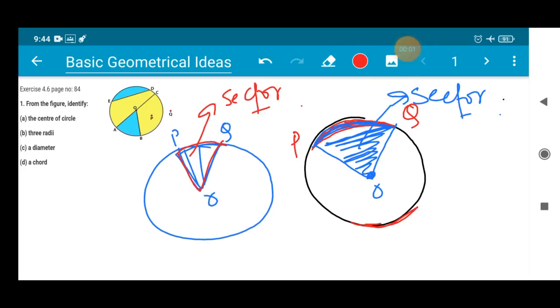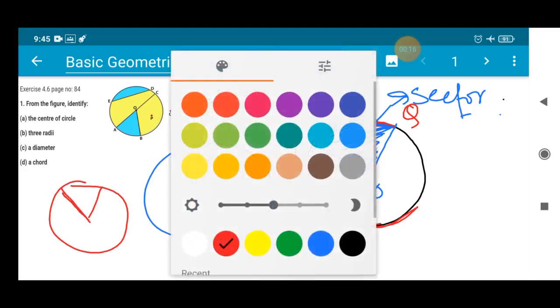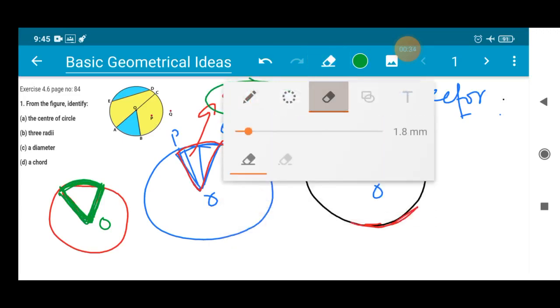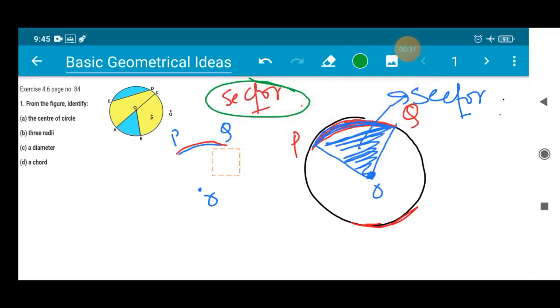Not only in pizza, you find it in cake. When it is your happy birthday, when you cut the cake, you cut in a triangular piece, right? Suppose this is your cake, and from the center you do like this. So this green part here is an arc till where you have cut, and this is a center here, and these two are the radii, right? If this piece, this face you are getting, then this is considered as sector. All right students, so I hope the concept of the sector is clear.